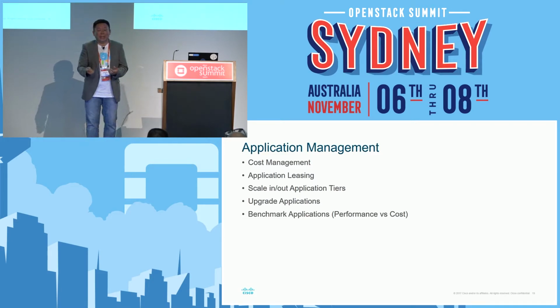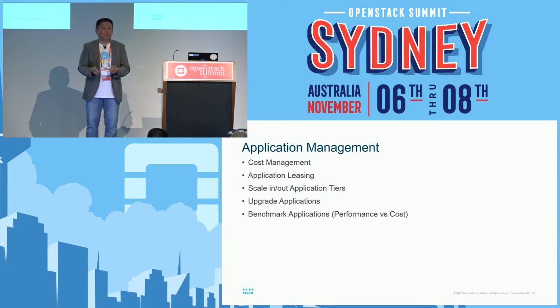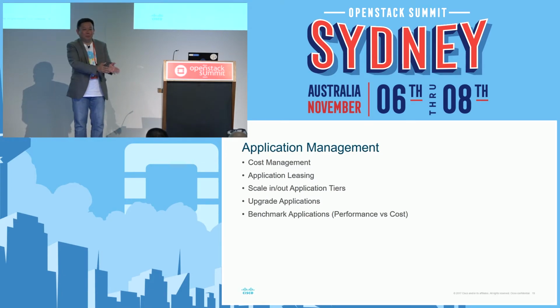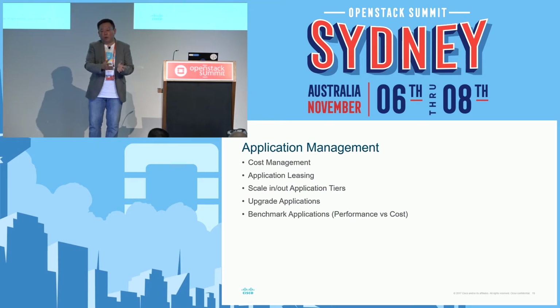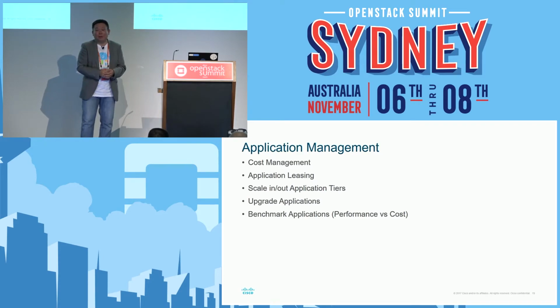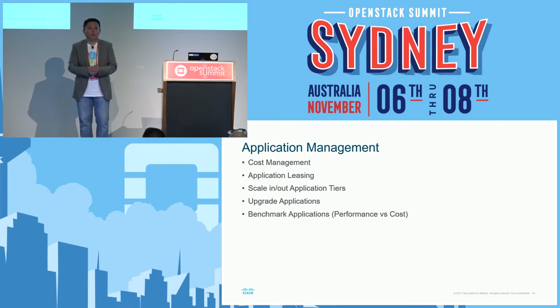So I like to use the analogy of mobile phones, right? When you look at 5, 6 years ago, mobile phones was you choose a provider, you sign up for 24 months, and you sat there hoping you've chosen the right provider, right? And the problem about moving in the next 24 months after your contract was porting your number. It could take days, weeks, and somehow the number goes missing. So when I compare that to now, mobile phones, you go into Woolworths or any of the shopping centers, you can buy a prepaid card. 30 days, 6 gigs of data, port it across your number in like 10, 15 minutes, right?